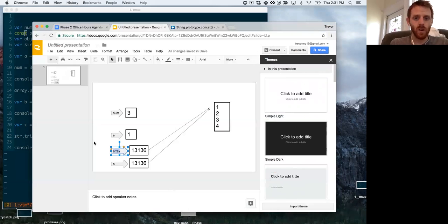What const means is the thing that's in this box that array points to can't be changed. So, 13136, this is always going to be 13136. Array is always going to have this pointer pointing to this array. But that array, we can go in here and add stuff to it and remove stuff from it and change values. The constant thing is what's in this box,